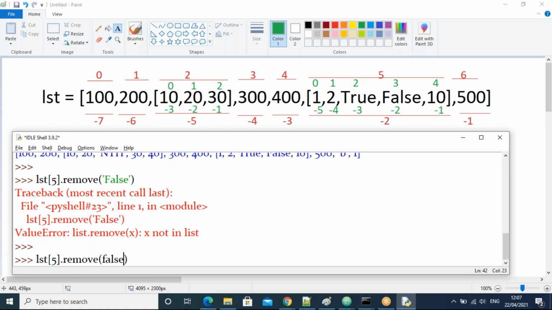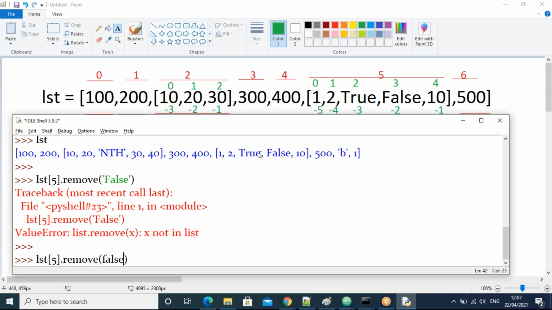First of all, does it remove the false or not, guys? Does it remove the false or not? Yes or no, all of you? Yes, excellent, guys. No, it won't remove. That's fine. Why will it not remove?